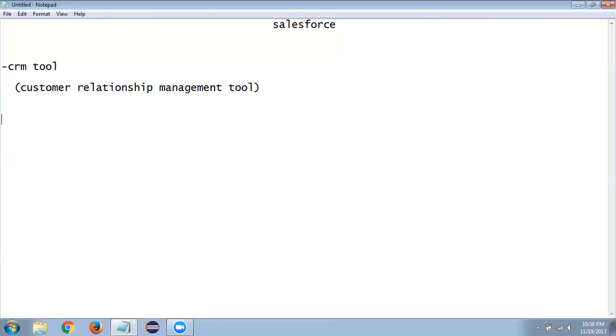Before I explain about CRM and what kind of applications Salesforce is providing, it's our primary responsibility to understand something. Salesforce is also one of the technologies. It's not a technology, I can say it's a software company. Salesforce is one of the software companies